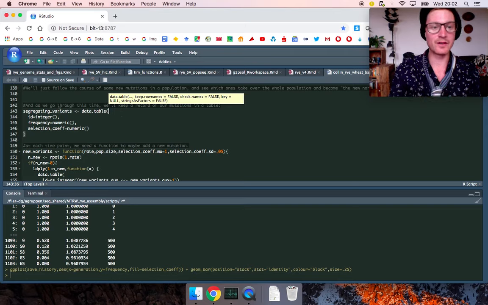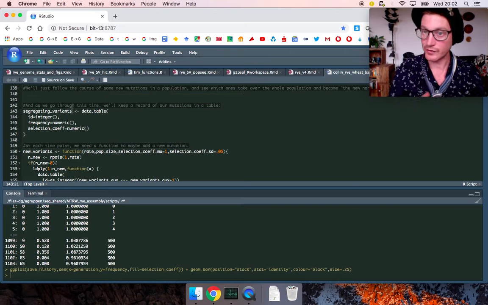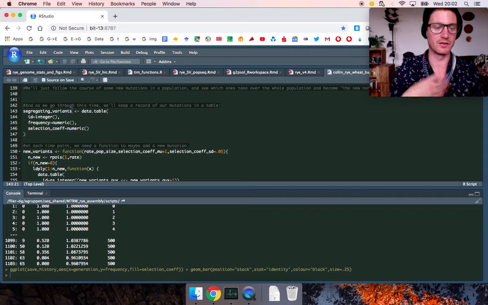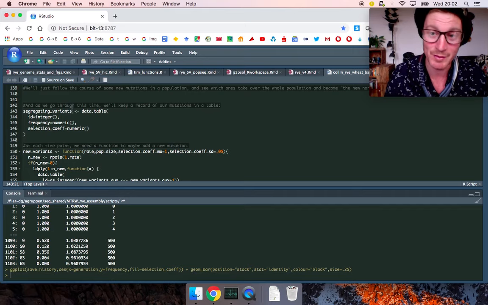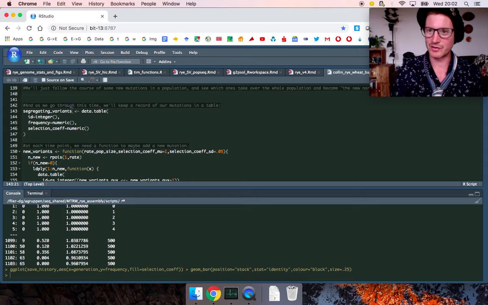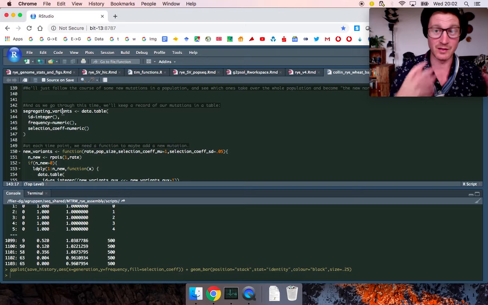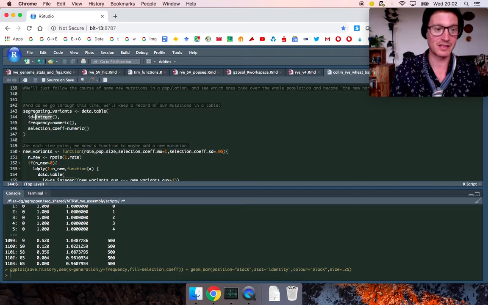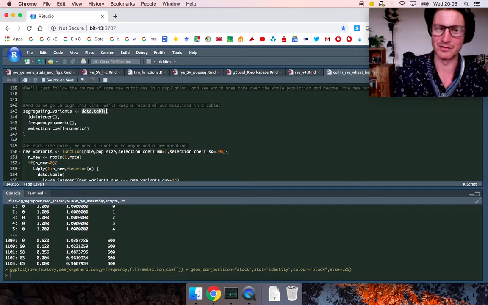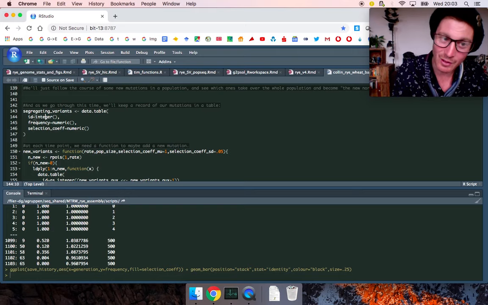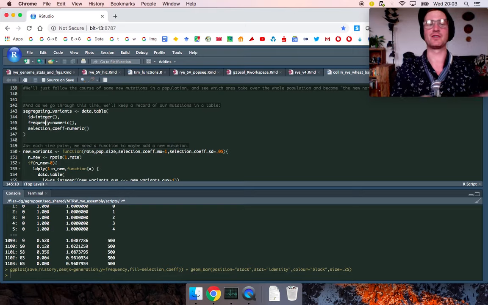So what we need first is that at this given site, at this given locus, there's going to be a certain number of segregating variants. So we'll need to tabulate, and in fact we'll describe the population at each stage as just a table that describes all of the different variants in the population at that stage. So what do we need to know in order to characterize that whole population? We need some sort of identification for each variant, so we'll just choose an integer for that. So this is the constructor function for a data table. Here we go. Called segregating variants, and yep, we have one column for an identification for each variant,